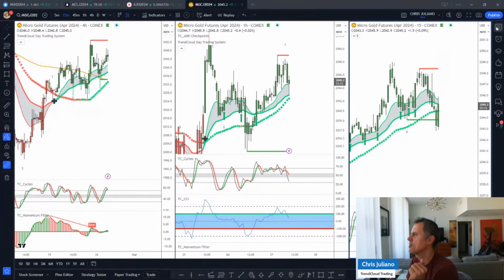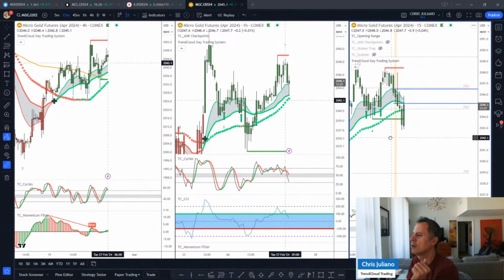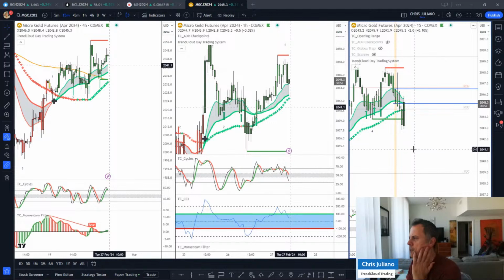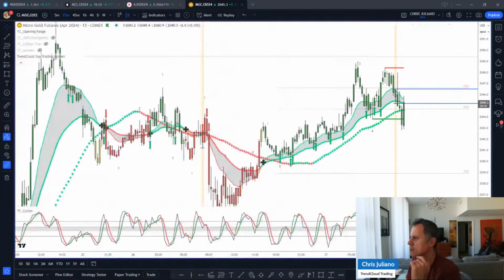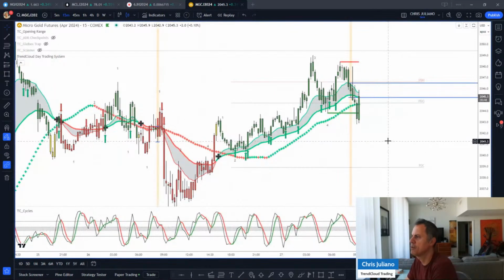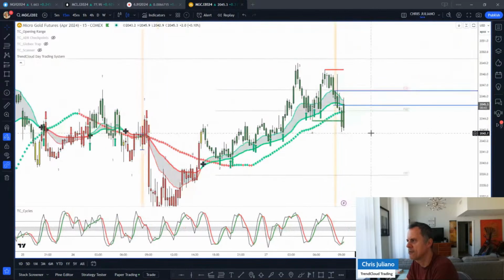It's almost 9:30. What's happening on that opening range? Okay, so we're breaking to the downside on the opening range. Well, that doesn't make sense, right? Uptrend, momentum is up, breaking to the downside. So we're looking for bear traps, right? We're looking for bear traps. This thing has pulled down, pulled back into